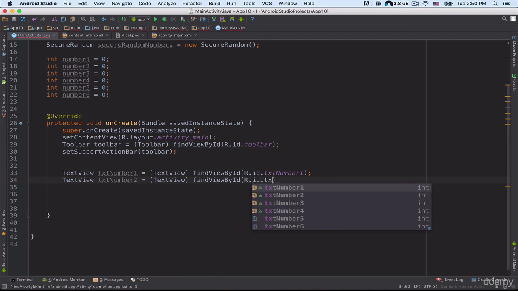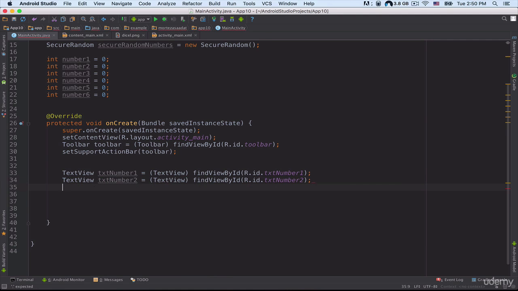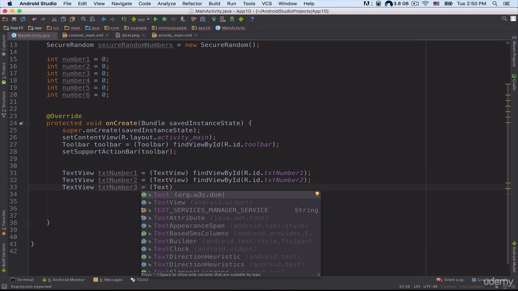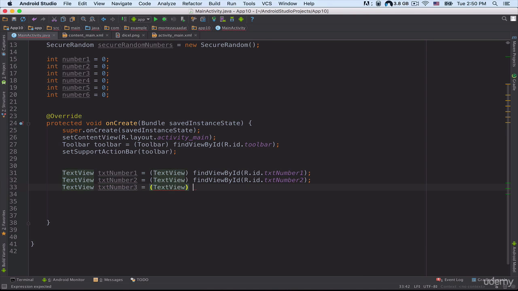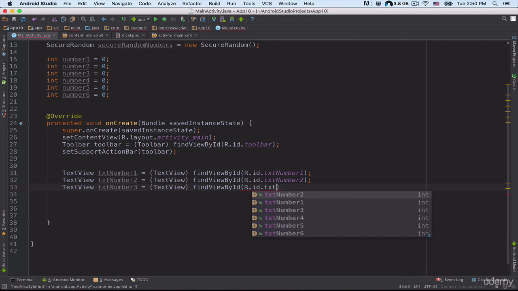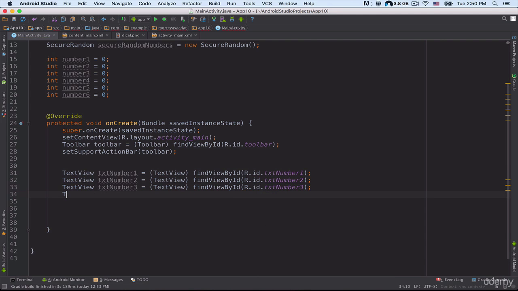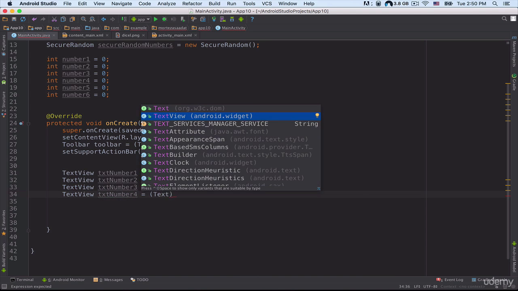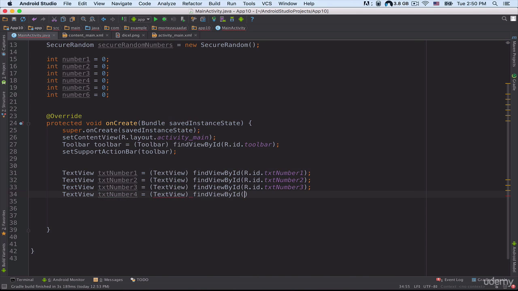R.id.txtNumber2. Okay, TextView txtNumber3, assignment operator, I need to cast this object to a TextView object, findViewById R.id.txtNumber3. Okay, again let's create another TextView object, txtNumber4, assignment operator. So now let's cast this object to a TextView object, findViewById